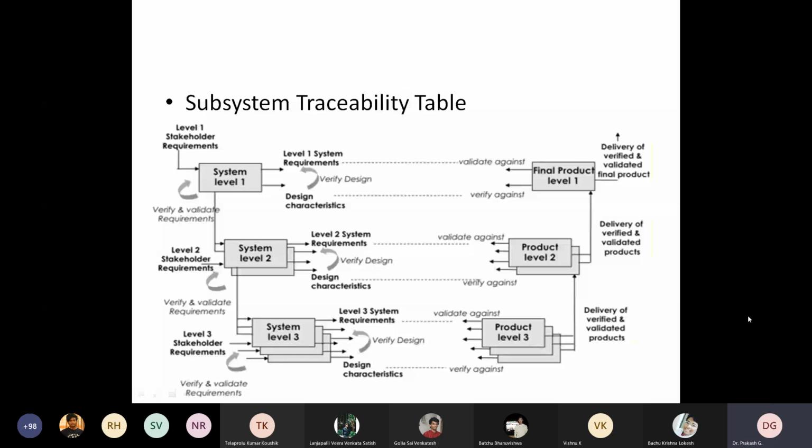At this phase, I want to ask one question. What is verification and what is validation? Any idea? Does anyone have some idea? If you know, please tell.